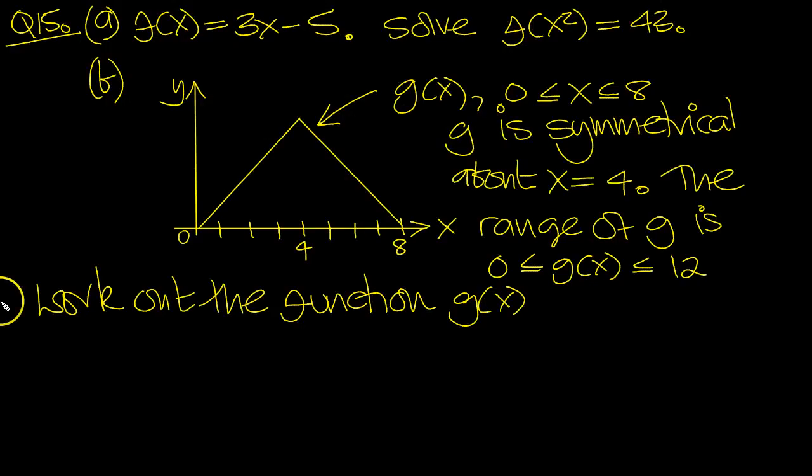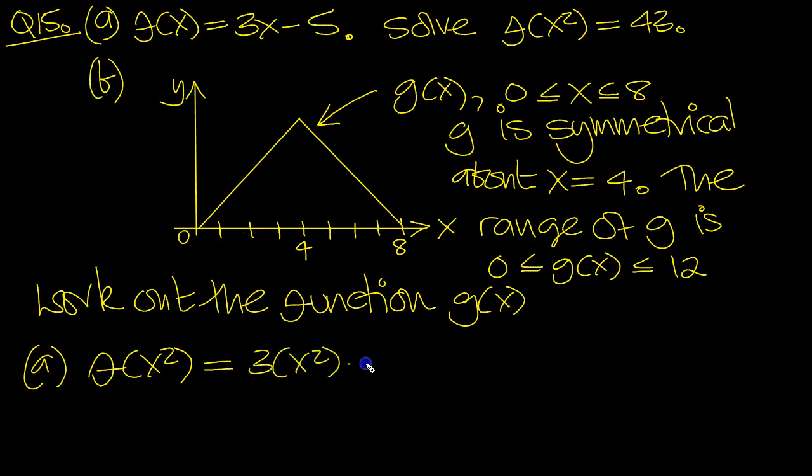Okay, so let's have a look at this then. I've got this question summarized here. The first one then, part A, f(x) squared. f(x) sends something to 3 times something minus 5. 3 times the something minus 5 then is 3x squared minus 5, which equals